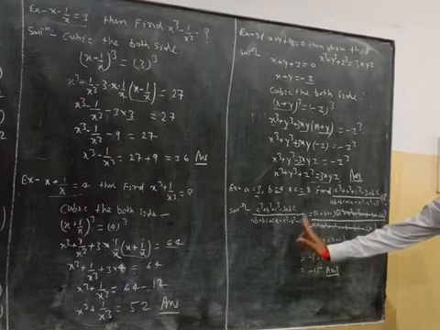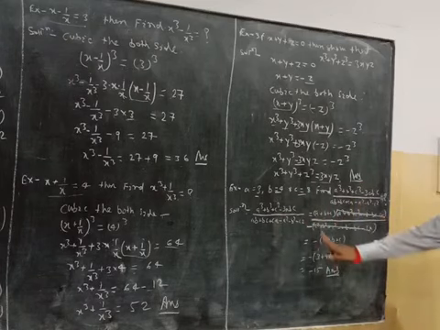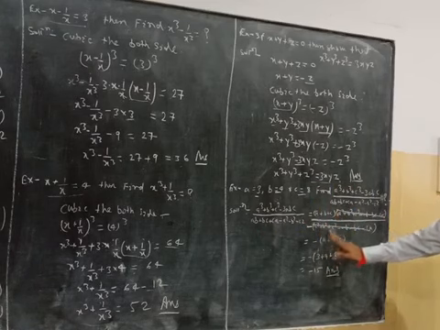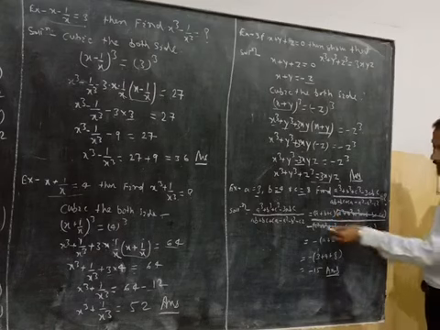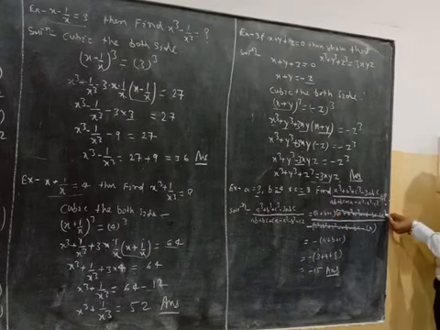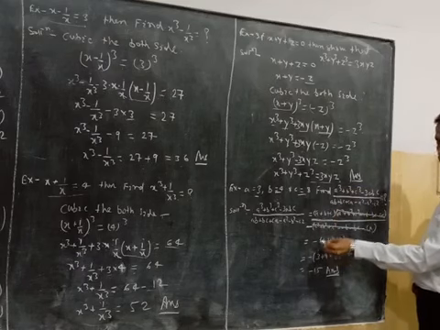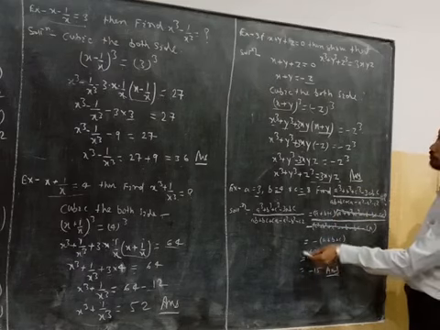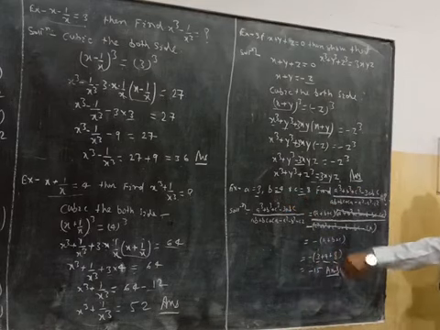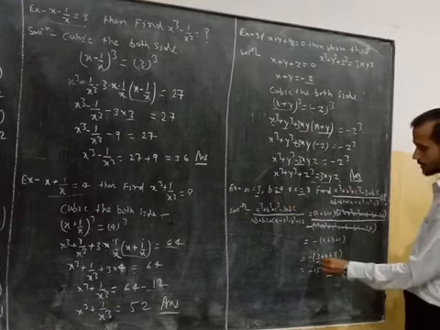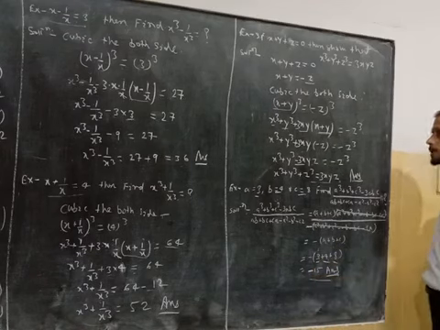Common minus, then minus converts into plus and plus converts into minus. A square plus b square plus c square minus ab minus bc minus ca, this term cancels and only minus remains: minus (a plus b plus c). Put the values of a, b and c: a is equal to 3, b is equal to 4 and c is equal to 8. Hence 8 and 4 are 12, and 3 is 15, so minus 15 is the answer.